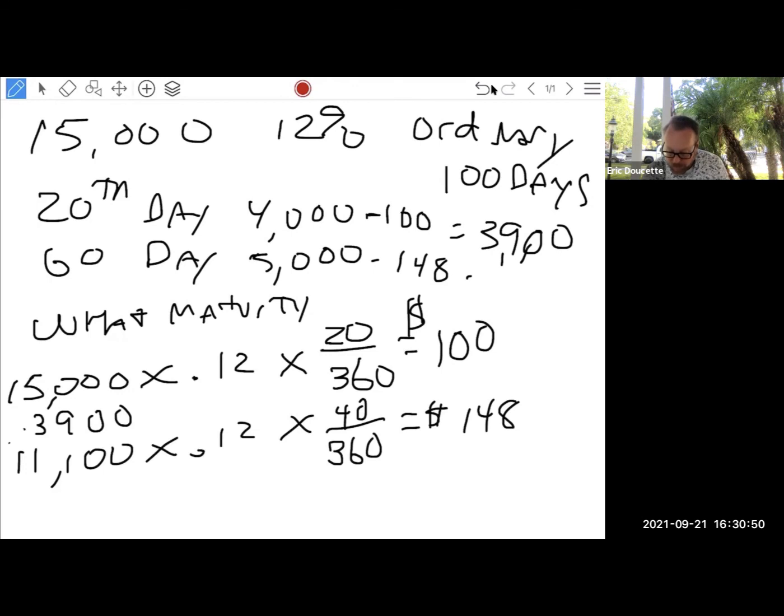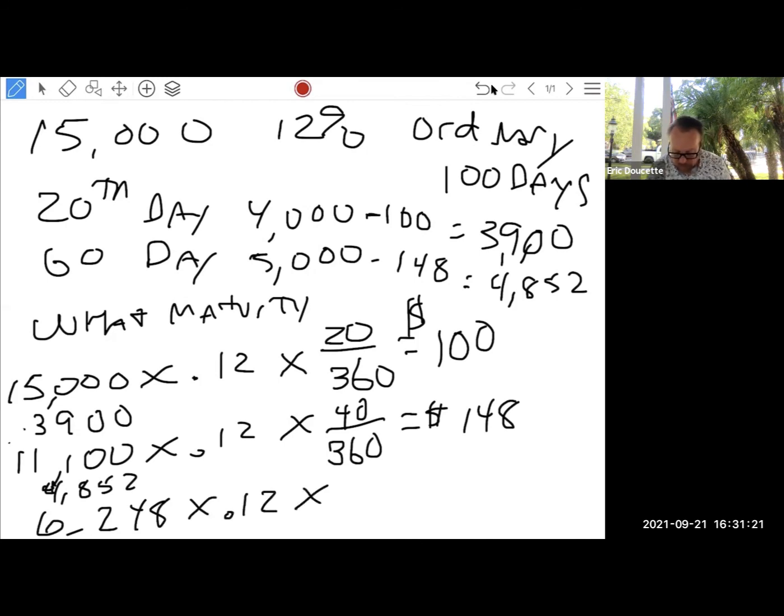So that's $4,852. That's going to come off my 11,000 and give me a new balance. So 11,100 minus the 4,852 equals $6,248 times 0.12